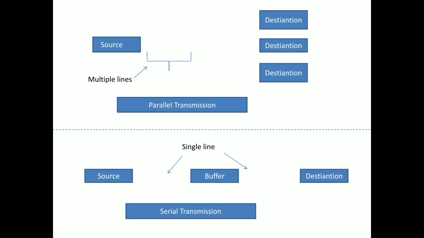Now this is a picturization to know the difference between parallel transmission and serial transmission. You can see the above picture and below picture. In the above picture, there is one single source and multiple destinations, and this single source uses multiple wire connections, one wire for transmitting one bit of data. If the source and destination distance is too large, parallel transmission will use more wires and more lengthy wires.